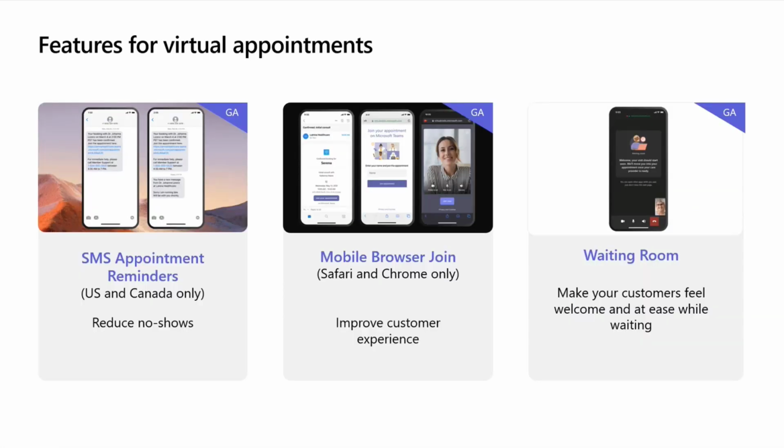So my team for the past 2 years has been developing a number of features to enhance the consumer side of the B2C workflow for Teams. This includes a browser join experience so the customer doesn't have to download the Teams client, an enhanced waiting room with industry messaging that's a little bit friendlier than the standard Teams lobby that we have on this call, and SMS appointment reminders to reduce no-shows. Until now, these 3 features and a few others were only available to Teams users that use our first-party scheduling SaaS products, which are Bookings or the EHR connector, which is very specific to healthcare.